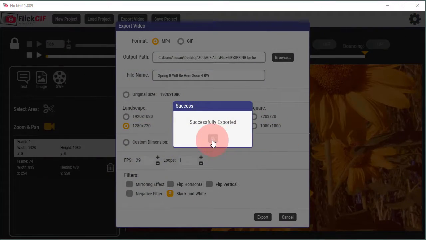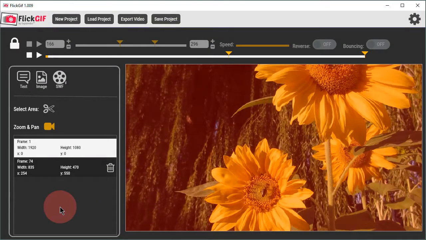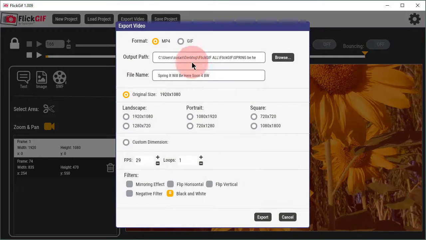Alright, that's good. So basically, this is a very quick review of FlickGIF. You can export the video, as you've already seen, as an MP4 or as a GIF,